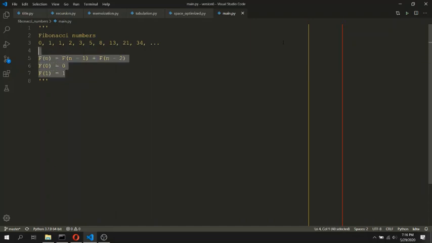Based on these three lines of mathematical definition, we can easily convert this to a Python recursion program.